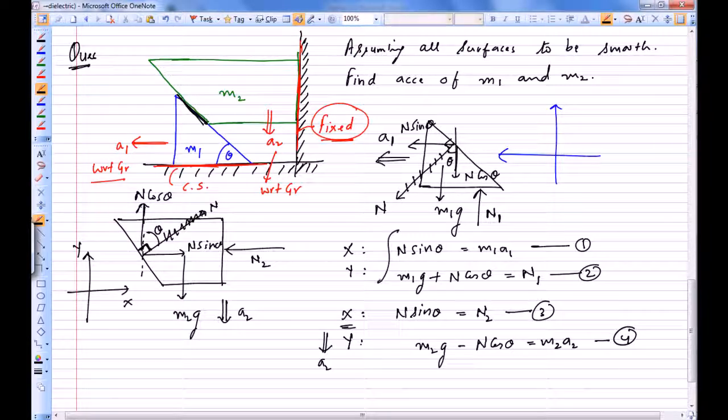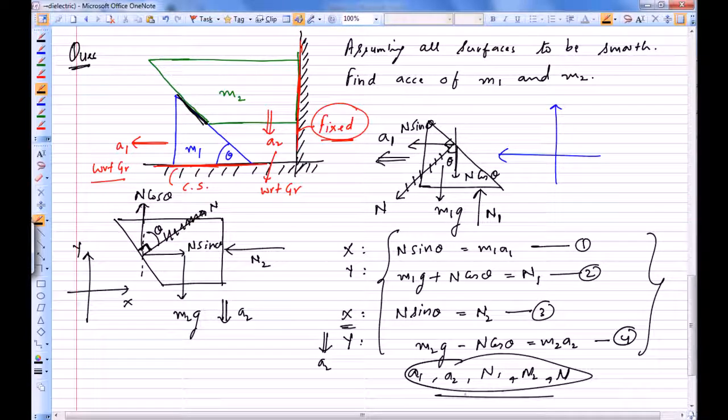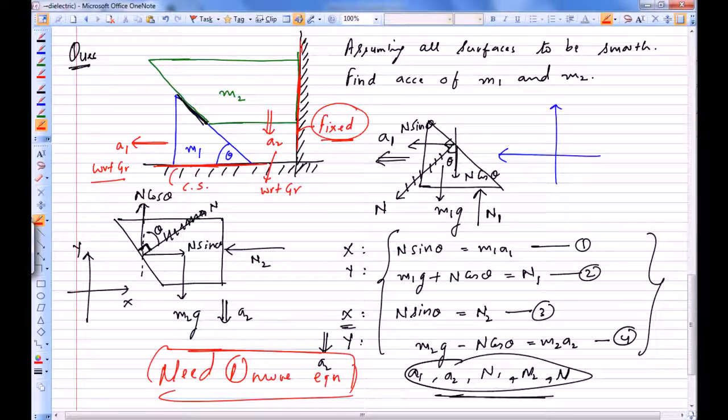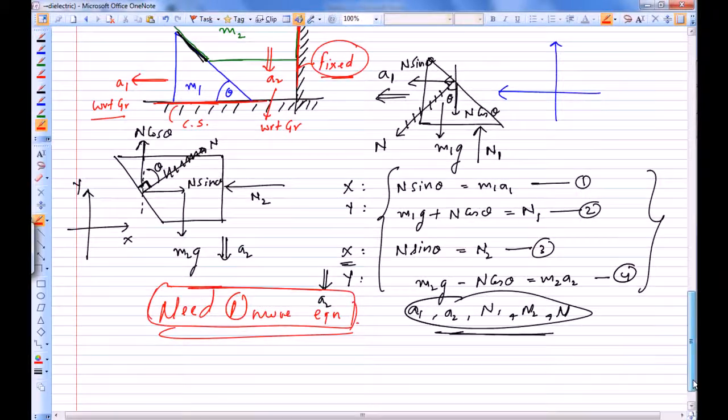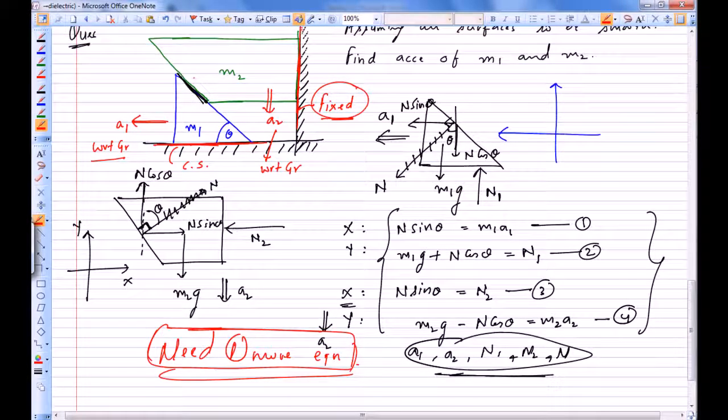Now let's see how many unknowns are there and how many equations we have got. We have got 4 equations, and the unknowns are a1, a2, n1, n2 and n. We have 5 unknowns, so there is something we are missing out. We need one more equation. So the fifth equation comes from the constraint equation. This is a constraint equation that these two bodies are constrained to move